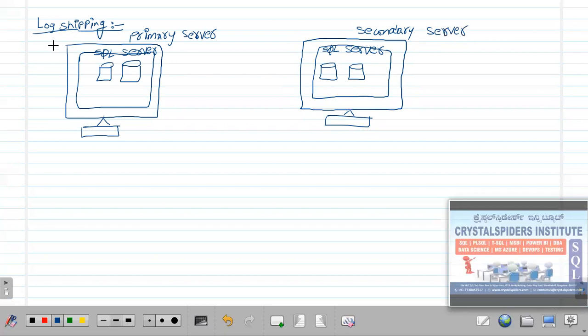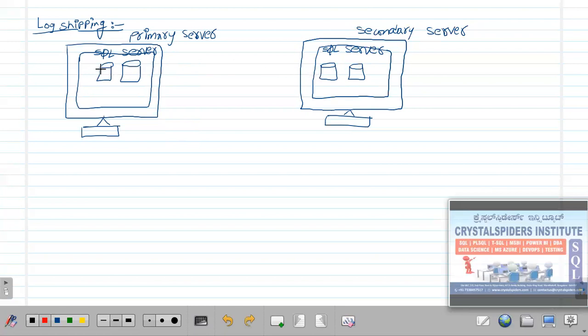That means if the primary server is having any issues, we have this secondary server. Suppose some hardware issue happens suddenly and the system shuts down. It is not able to switch on again. Even if we switch it on, it does not come back online. So this system is gone. In that case, we have the secondary server and we can start using it immediately. So we have to make sure to configure the primary server and the secondary server.